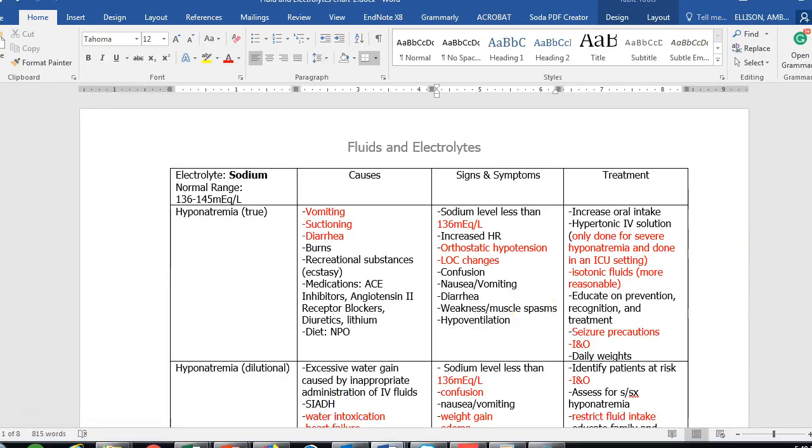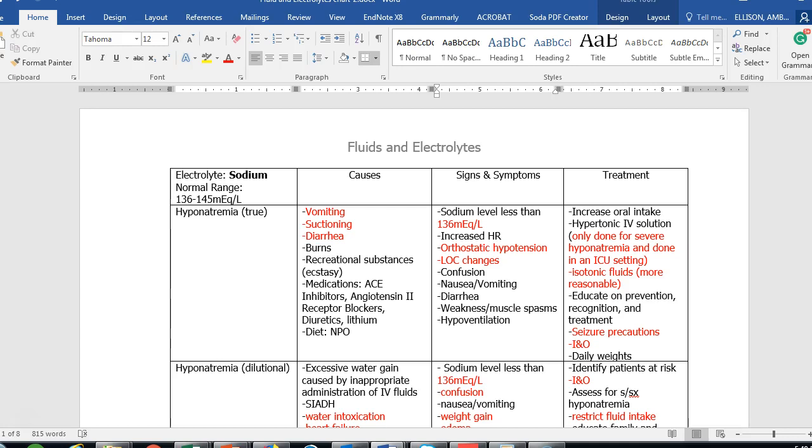All right, so I'm just going to do a quick recap of what we talked about today in class. First is the fluid volume deficit. Causes of fluid volume deficit: increased hemorrhage, diabetes insipidus, burns, diuresis, and GI loss. Remember that you have a deficit, so anything that is going to make you lose fluid would be a